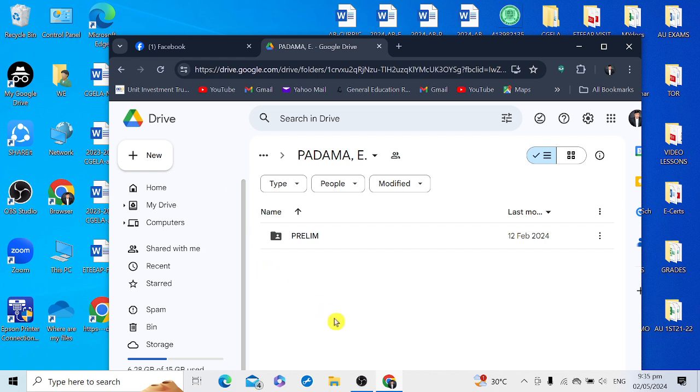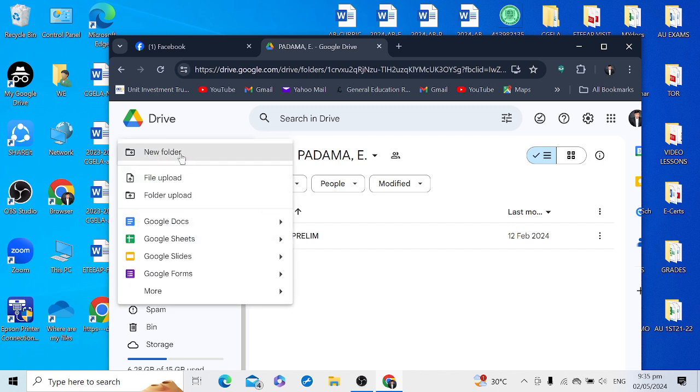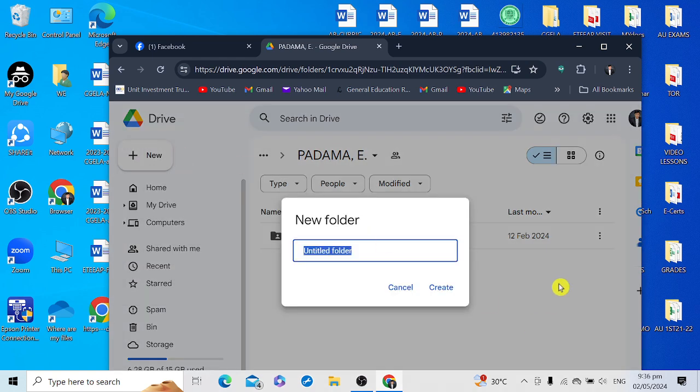So the first thing that we need to do is to create a folder, and in order to do that, we're going to press this, the plus sign with the word new. Okay, so you just press new in order to add a new folder. So we're going to use new folder. So you click, hover the pointer and just click new folder, and then this is where we standardize everything.